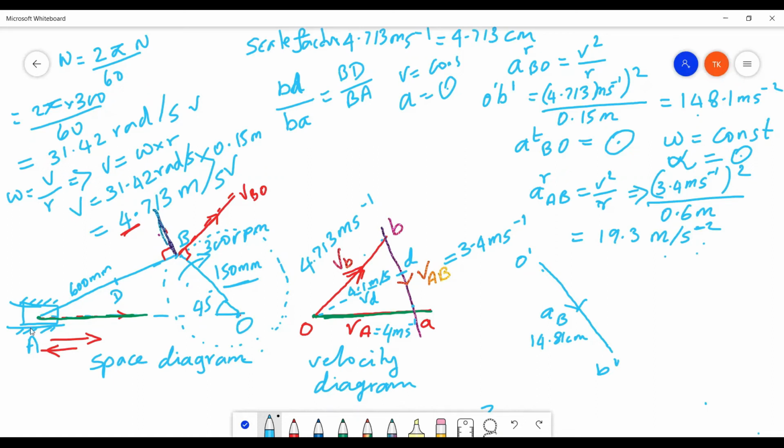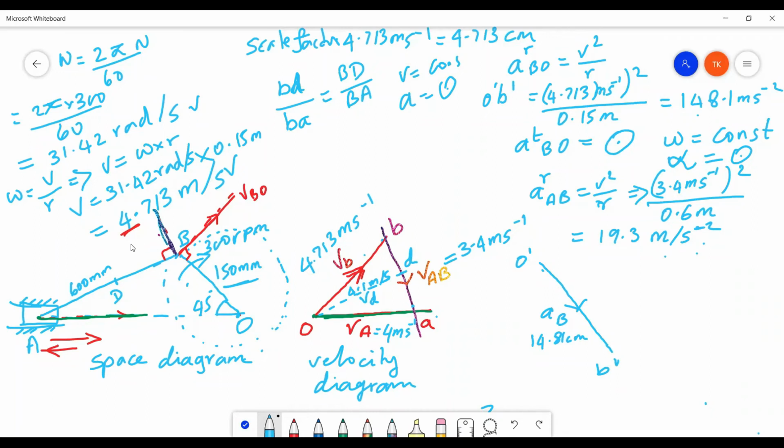So this will have two components. One is in the perpendicular direction and the other one in the parallel direction of the velocity, right? There are no constraints here, so this is going to have both the components, tangential as well as the radial, right? So we have two components here. Radial component of the acceleration, that is A_R of AB, and the tangential component which will be written as A_T of AB, right? Here I am going to have both the components, right?